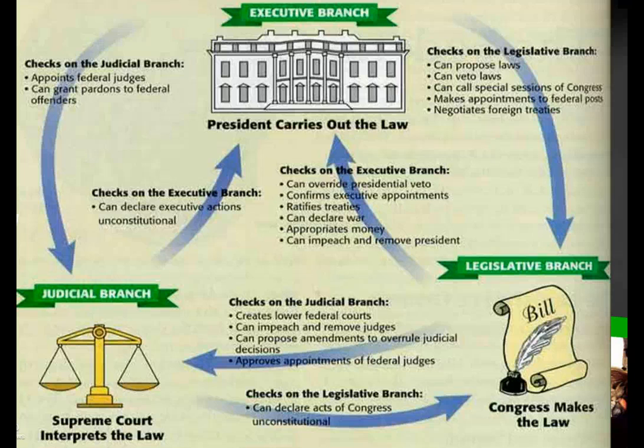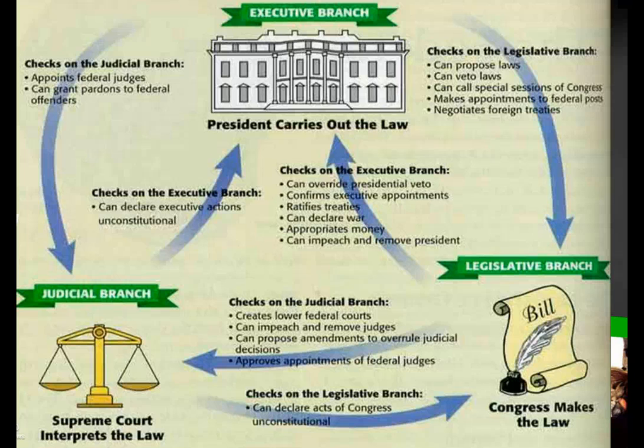They work together. For example, the President of the United States cannot just make law that he or she one day might think is what they want. Law is created by the legislative branch. It's then sent to the executive branch. The President of the United States then can sign what's called a bill, making it then a law.